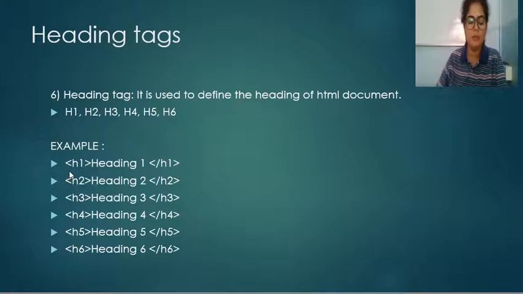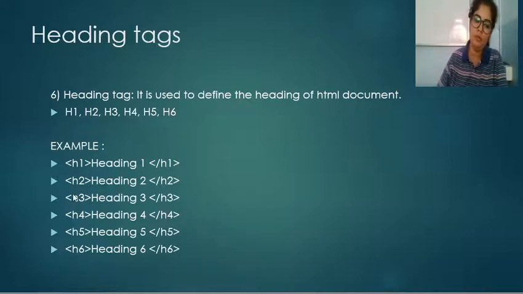For example, if you want to create main heading, you can use H1 tag. It will by default create a bigger size. Then if you want to create subheading, you can use H2 tag. If you use H2 tag, then it will by default have less size than H1.